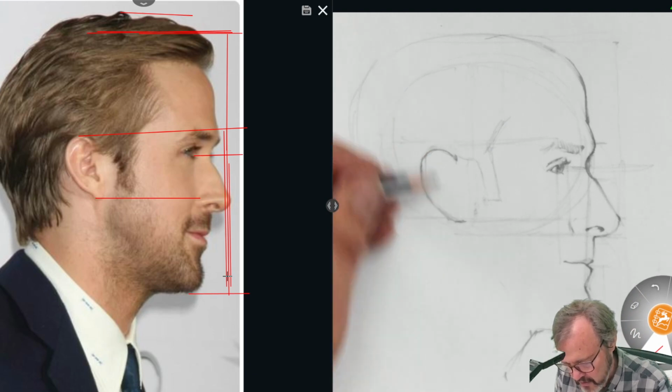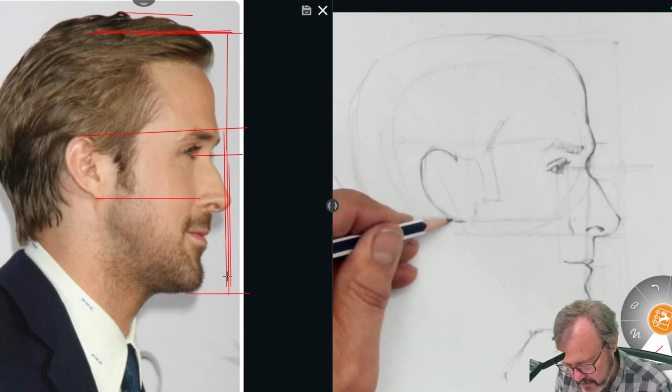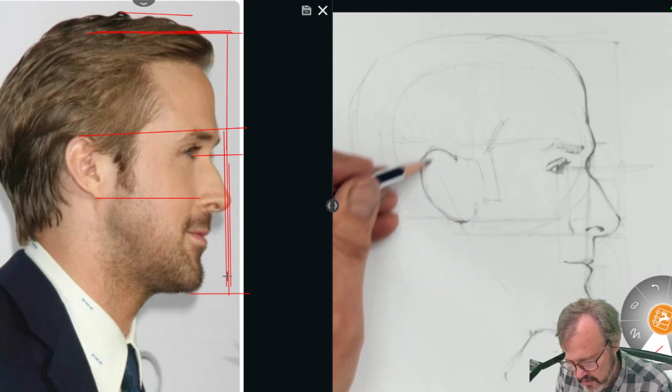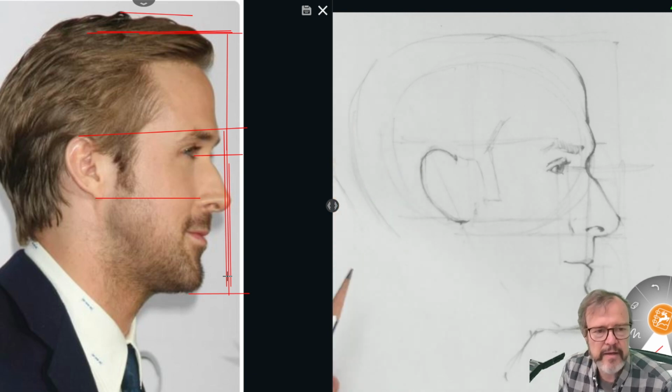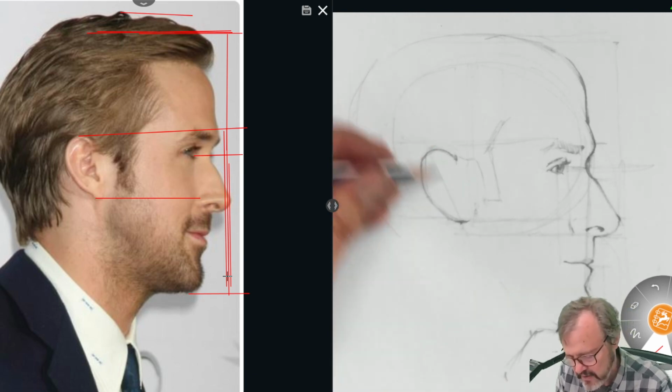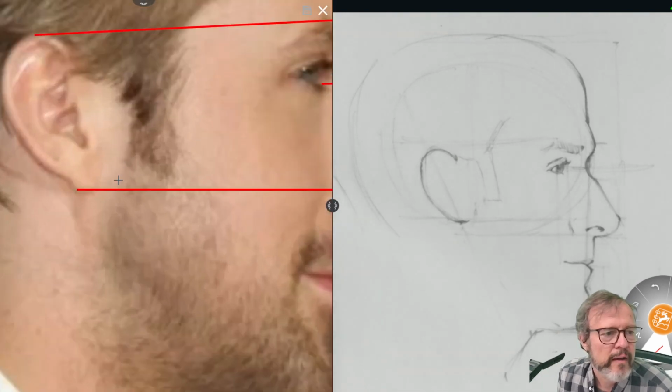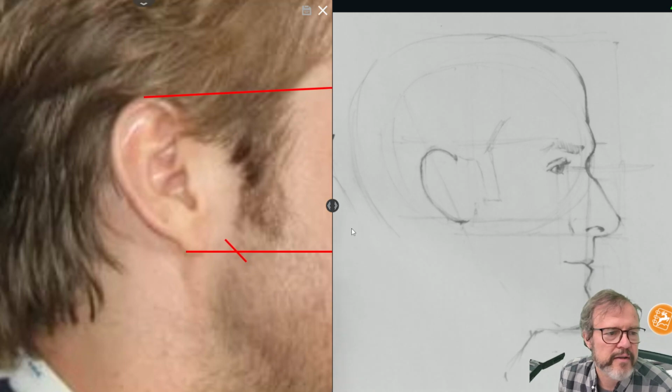Remember that the ear always sort of tilts back. The lobe is going to be peaking closer to the jawline, and the top is going to be peaking closer to the back of the head. So it's on an angle like that, which is typical. Now we're going to look at the parts of Mr. Gosling's ear